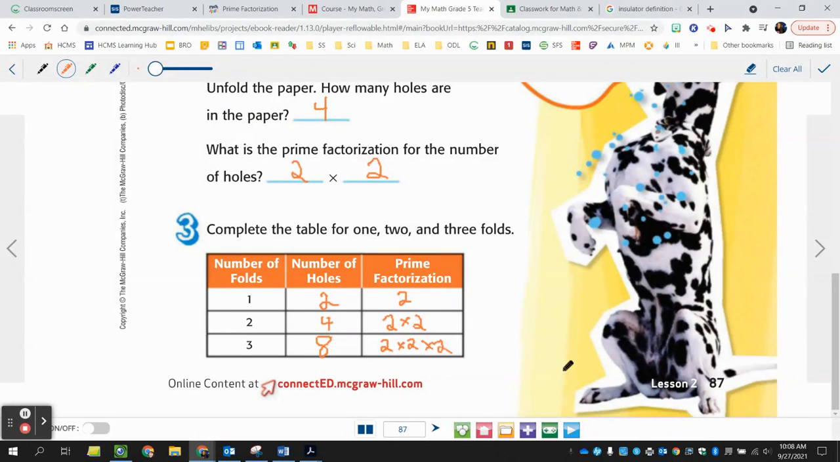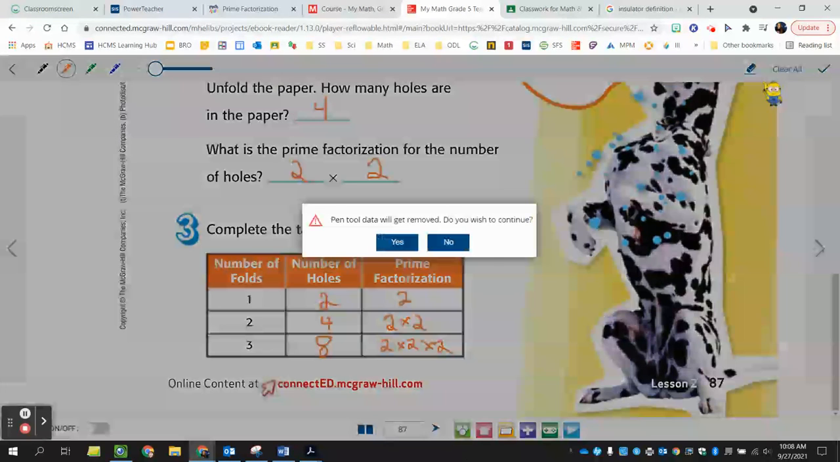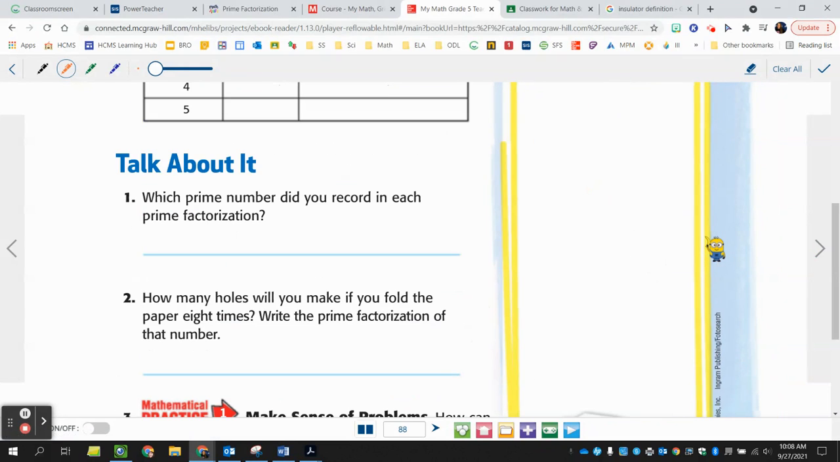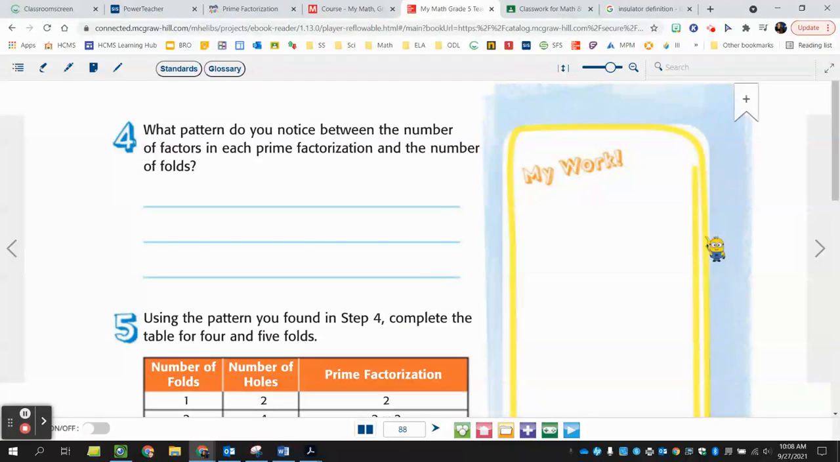So take a look. What pattern do you think you notice? Thank you for following along in your book and taking notes. So what pattern did we notice between the number of factors in each prime factorization and the number of folds? Well, essentially,